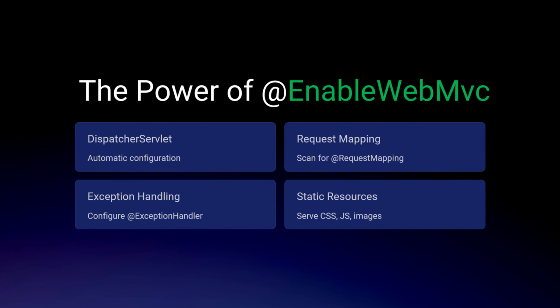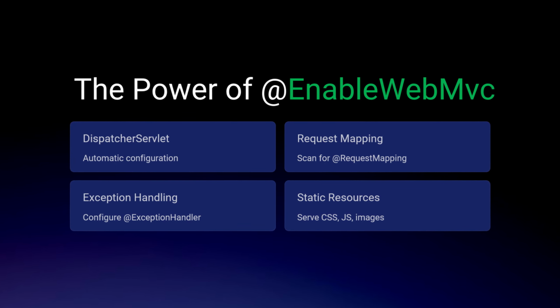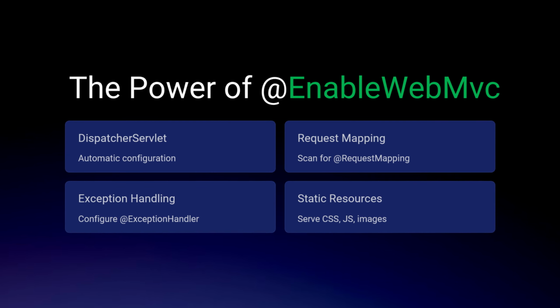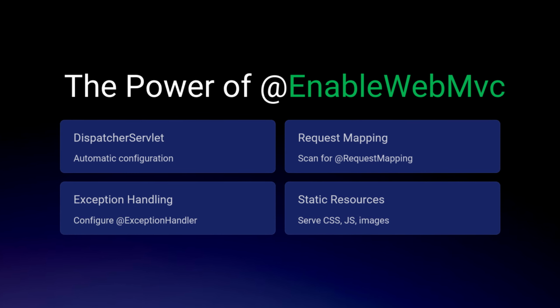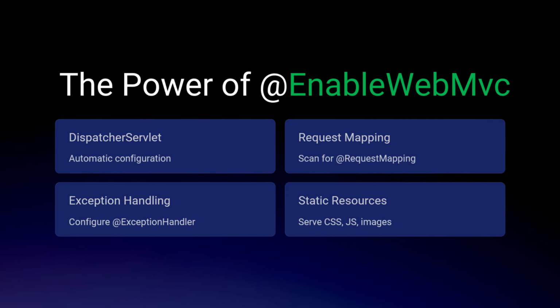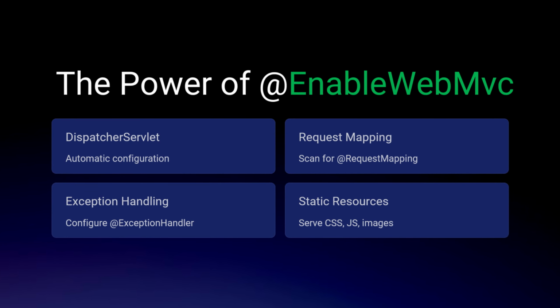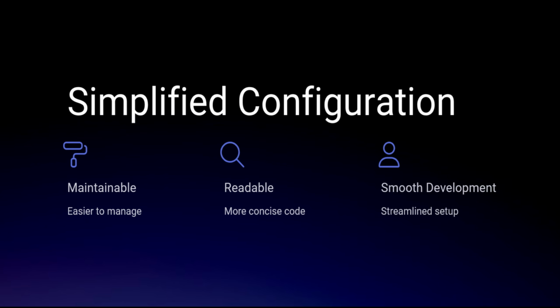All in all, the combination of the @EnableWebMvc annotation with Java-based configuration simplifies the setup of a Spring MVC application. Most of the boilerplate configurations are handled automatically by importing default settings. All configurations can be managed in a single Java class, making the setup more cohesive and easier to maintain. Developers can leverage Java features such as type safety and refactoring tools in IDEs, which are not possible with XML configurations. And of course, as we have already seen, by implementing WebMvcConfigurer, developers can easily customize the default configurations provided